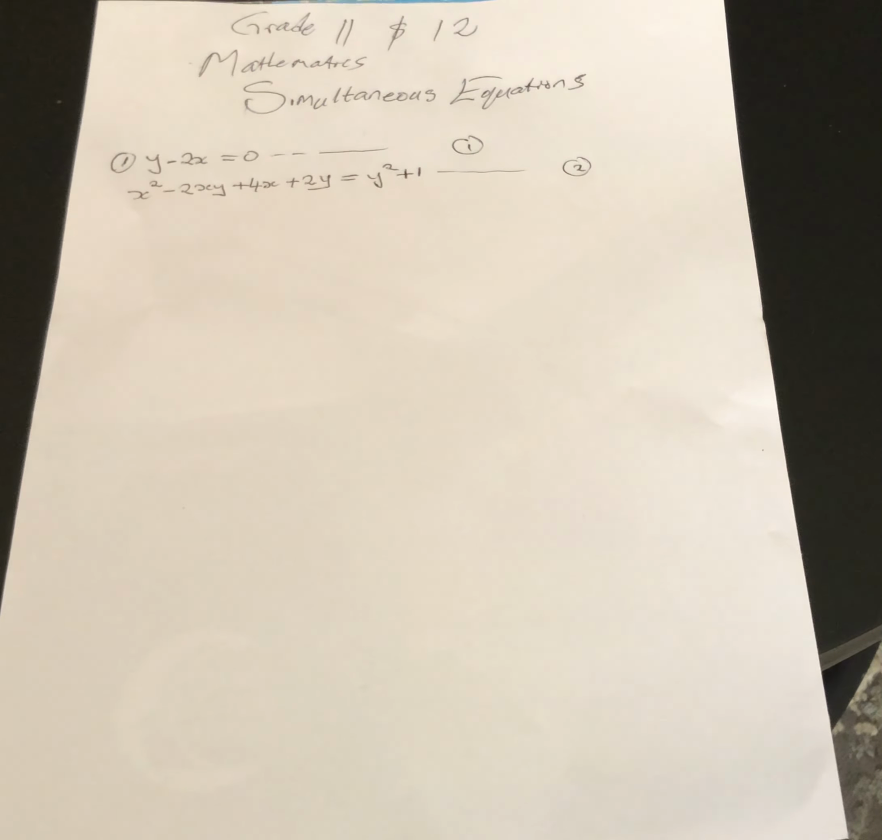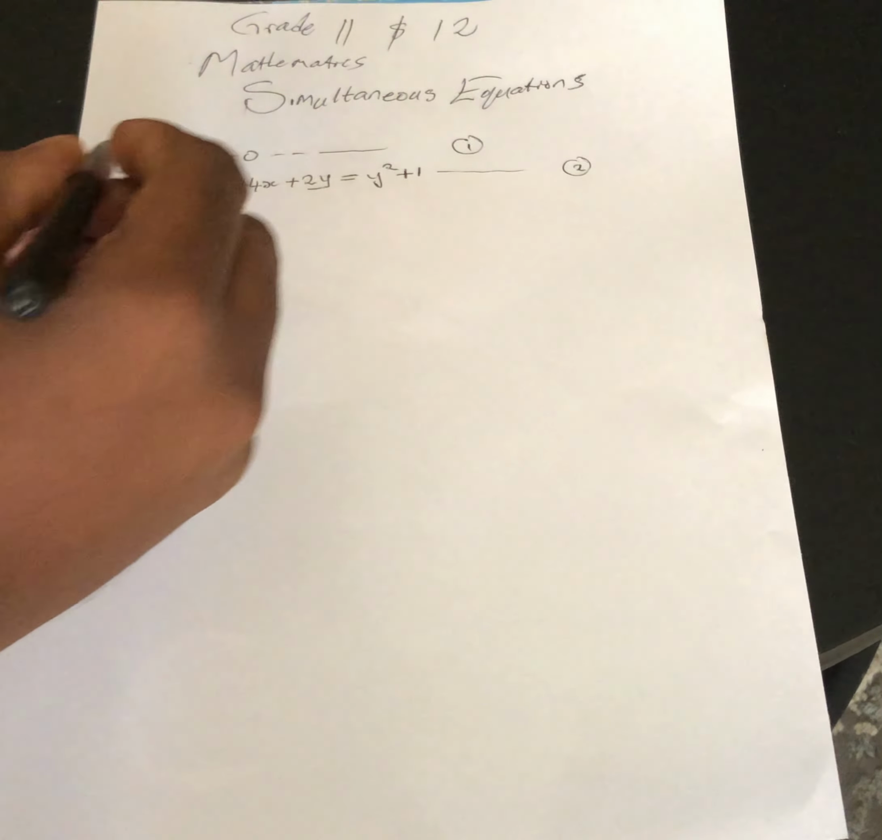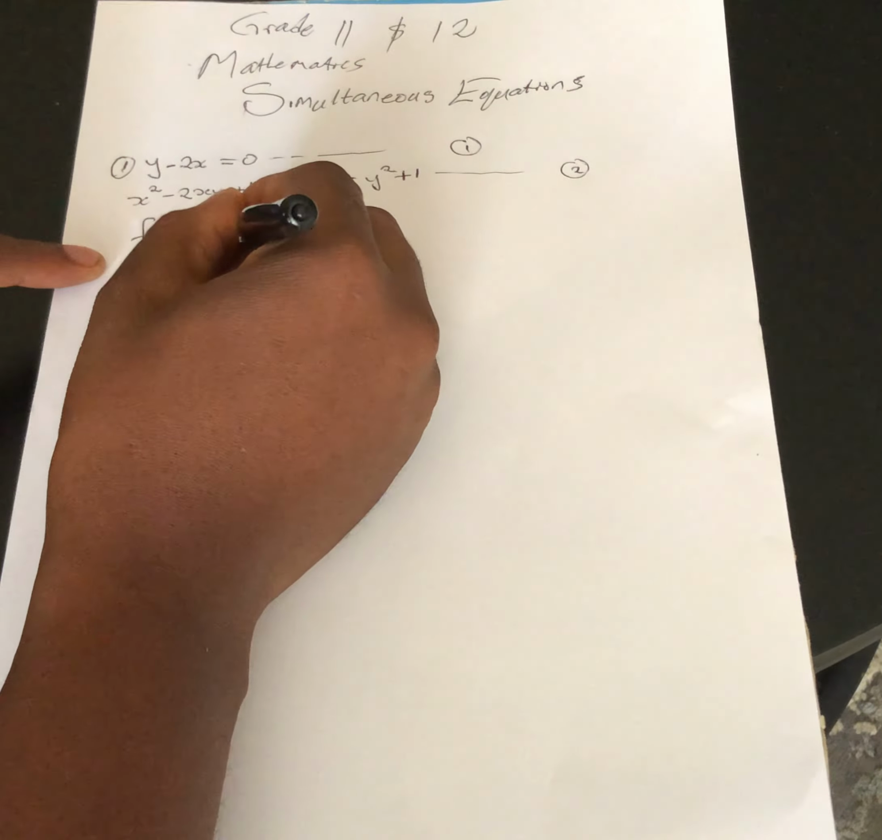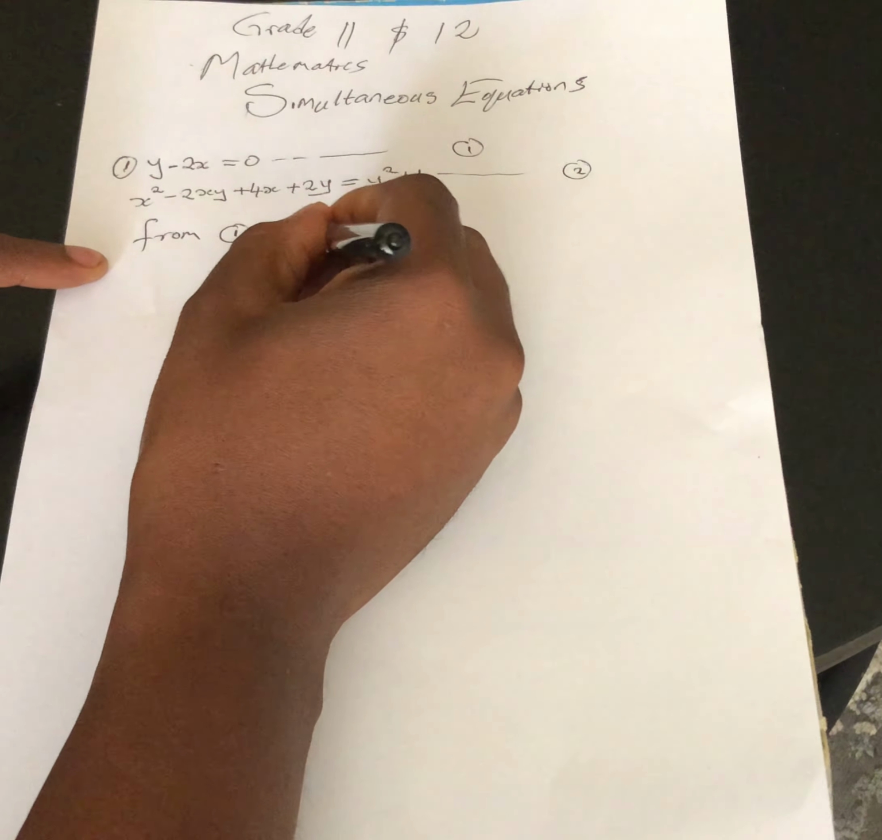So you use the simplest equation to make x or y the subject of the formula. And when you make x or y the subject of the formula, please try to make sure that you do not have a fraction. Just have a linear equation. So we are going to make y the subject of the formula from equation number 1. So you are going to say from equation 1, y is going to be